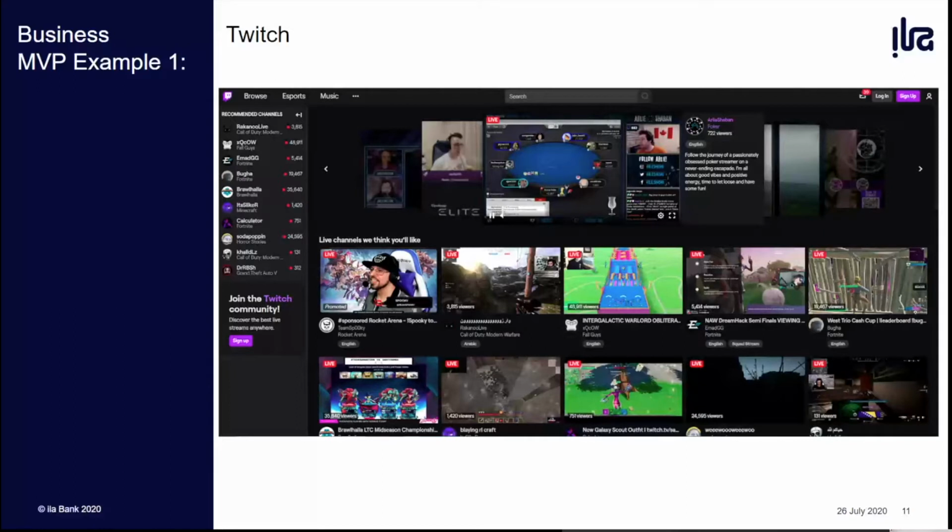So a good example for an MVP is a platform that I guess everyone knows, Twitch. If anyone doesn't know Twitch, it is the world leading live stream platform for gamers. It is currently evaluated in billions. So it's a huge website and a huge service. And as you can see in the picture, it looks really good. It looks really nice. It's well developed. A lot of people depend on this to have a living,